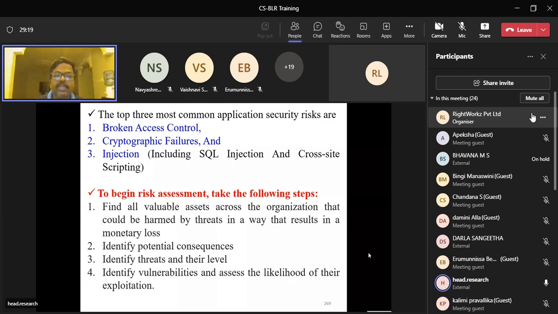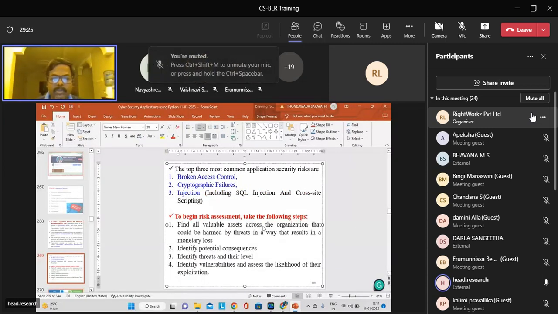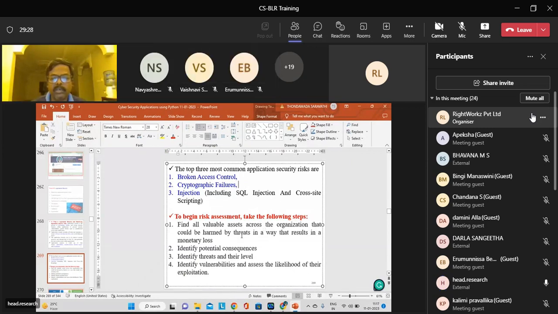And injection. Some intruders are entering into my network by using various mechanisms to enter into my network by applying